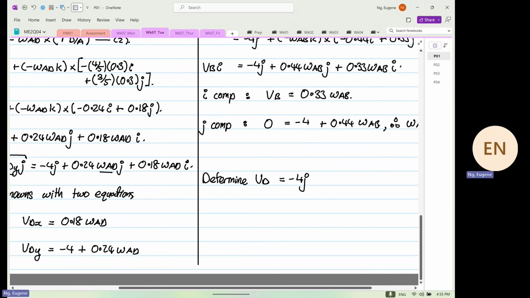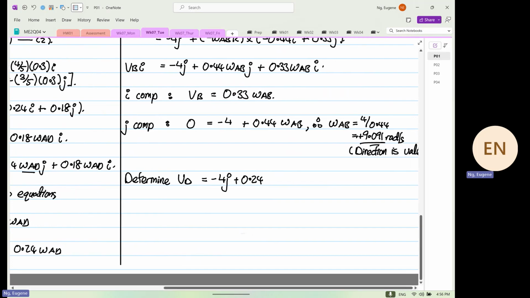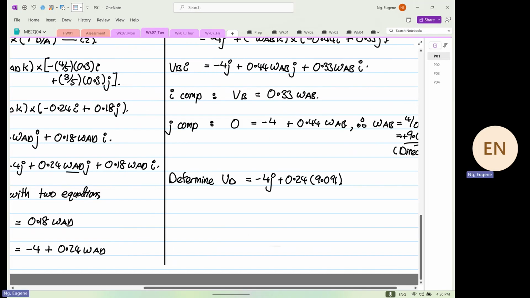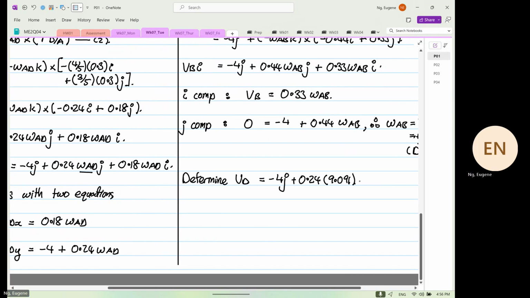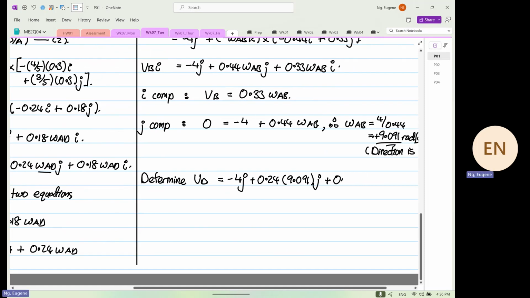Plus 0.24 omega AD. Okay, so 9.091. And then this will be your J plus 0.18 multiplied by 9.091. Okay, so this will be equal to 0.18